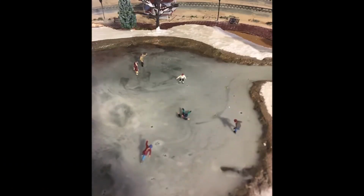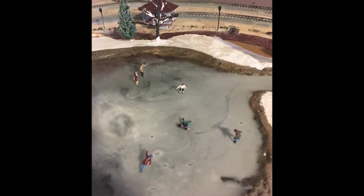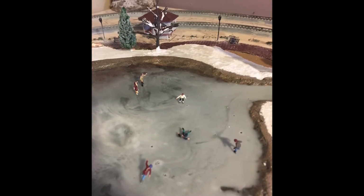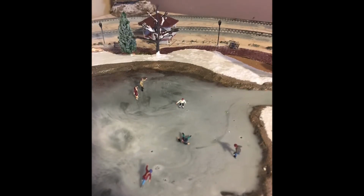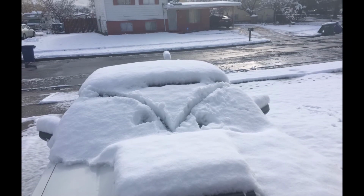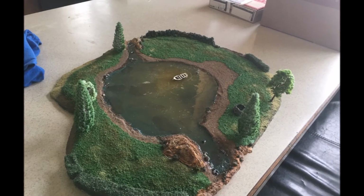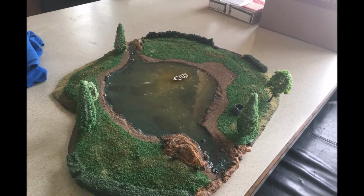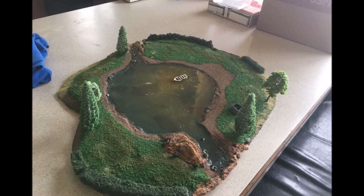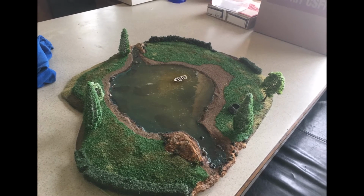Well, it looks like spring is finally here, so it's time to put away the snow scenes. Even though I love these kids out here on the frozen pond, it's time to put that away. We just barely had a storm a couple of days ago that dumped like 4 inches here in Salt Lake. You can see I was pretty angry about it. So it's time for spring, and we are going to bring out the spring centerpiece with the pond, and we're going to be doing some work on this and keep you updated on what we do with the train table